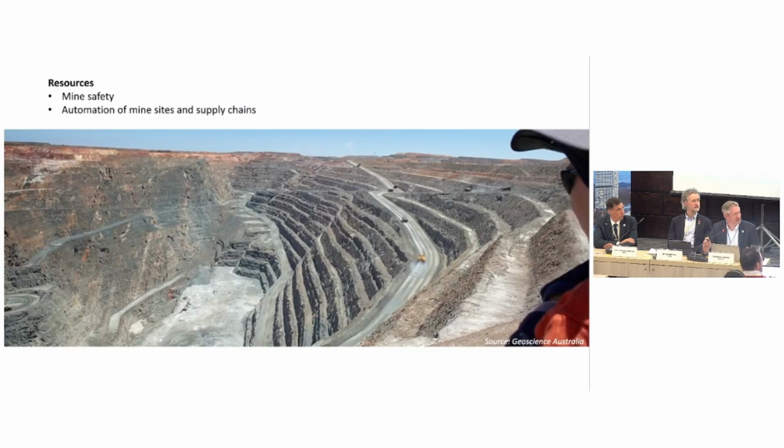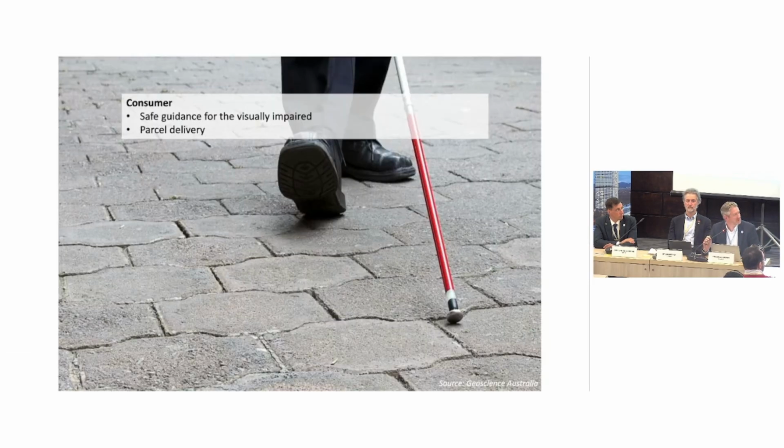And of course, mining. There's large amounts of the mining supply chain that are now done in Australia virtually. There's someone who sits in an office, controls trucks, controls trains virtually, with autonomous vehicles travelling throughout the regions. Helping out with people who are legally blind and needing assistance. They can be guided by GPS. They can have virtual technology that provides augmented reality over the top to help them navigate in areas that they may not be familiar with or need assistance.